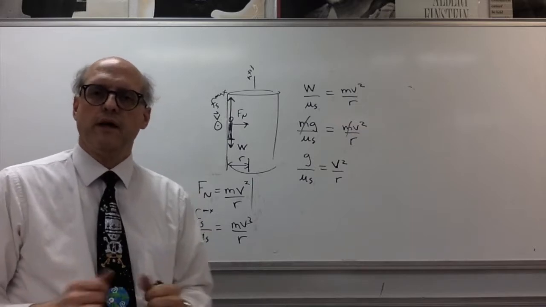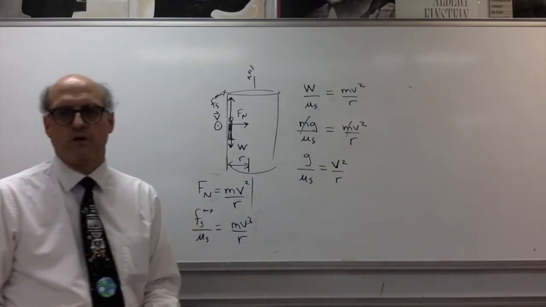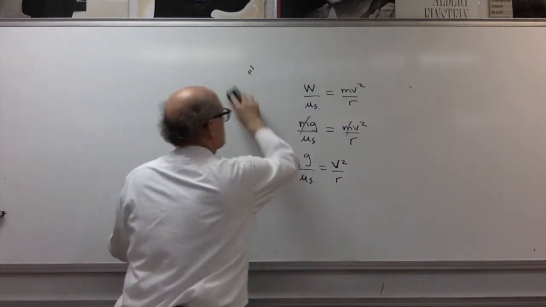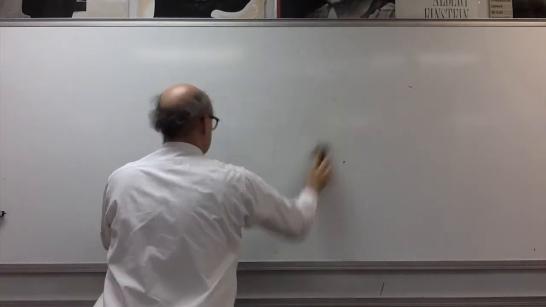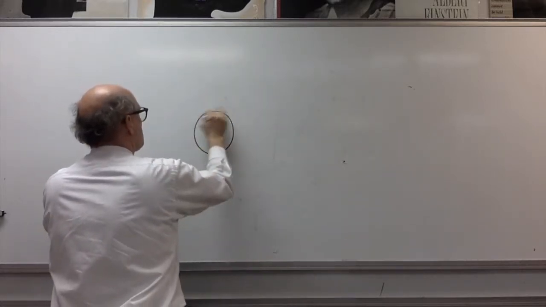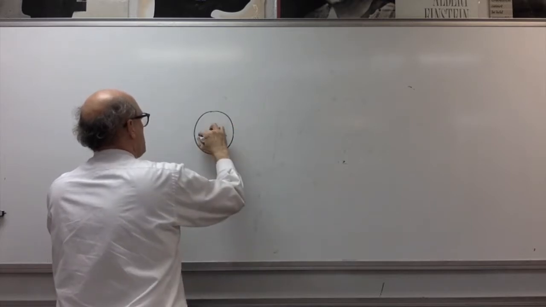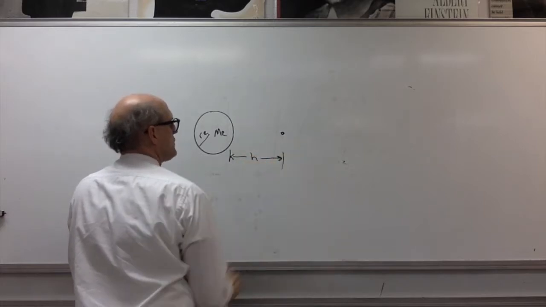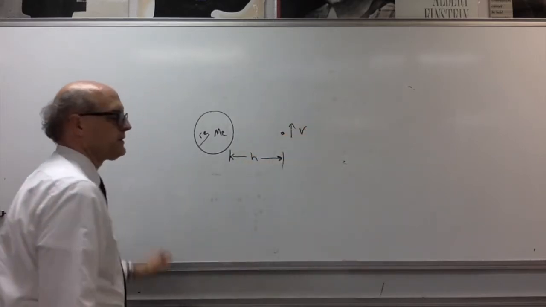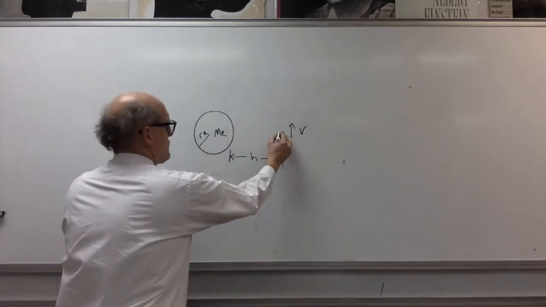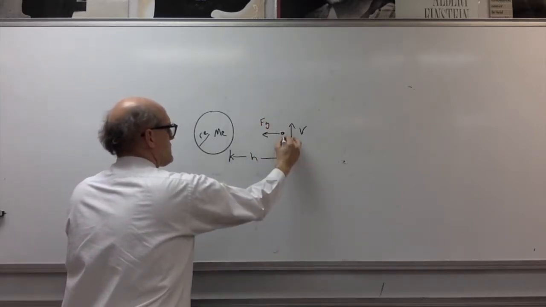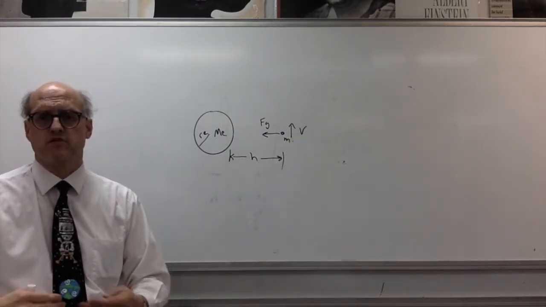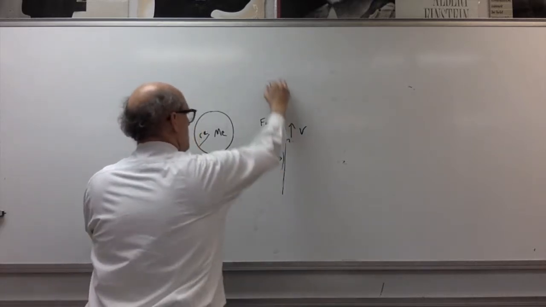Okay, let's apply now uniform circular motion to a satellite going around the Earth. Okay, so this will represent the Earth, mass me. Earth has a radius re. Okay, here's our satellite, which let's say is at an altitude h. Satellite's traveling at a speed v. Now, there's a gravitational force on the satellite, which has a mass m. And that gravitational force is what provides the necessary centripetal force to allow the satellite to follow a circular path